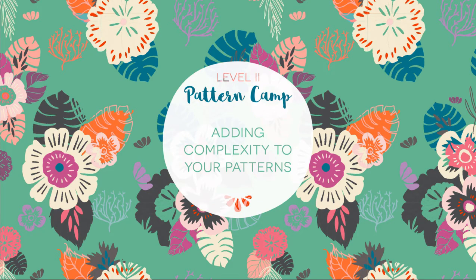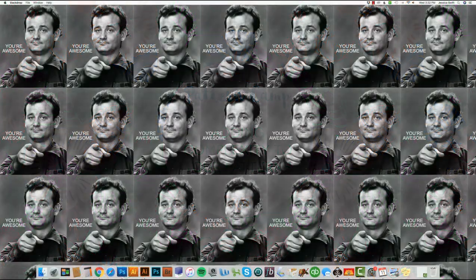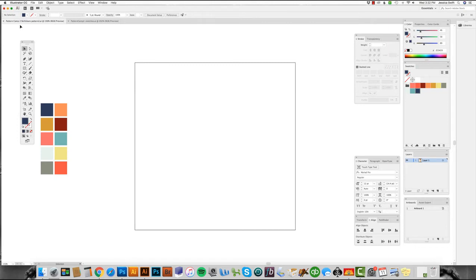Let's get started by talking about some simple yet very effective ways to add visual complexity to your pattern designs. So I've got a file started here. I set up my artboard at 8 by 8 inches, just like I normally do. Yours can be whatever size you like. It doesn't have to be 8 by 8, but that's kind of my preferred size for whatever reason that I've